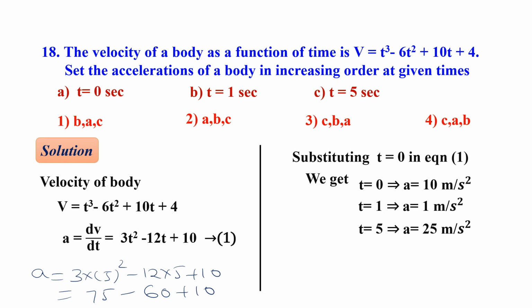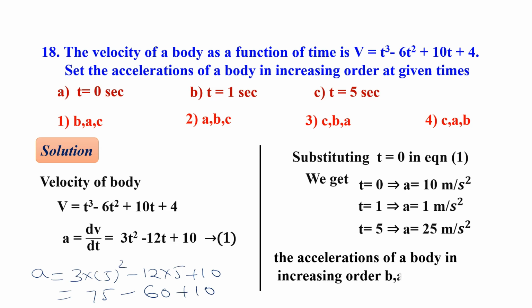So when we substitute t is equal to 0, a is equal to 10 meters per second squared; t is equal to 1, a is equal to 1 meter per second squared; t is equal to 5, a is equal to 25 meters per second squared. So the acceleration of the body in increasing order is B, A, C, that is t is equal to